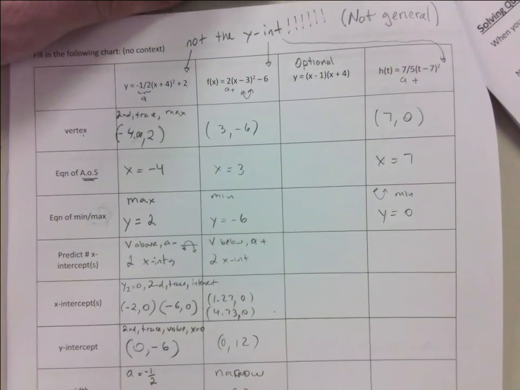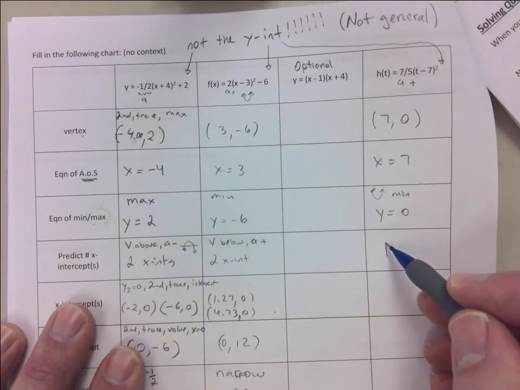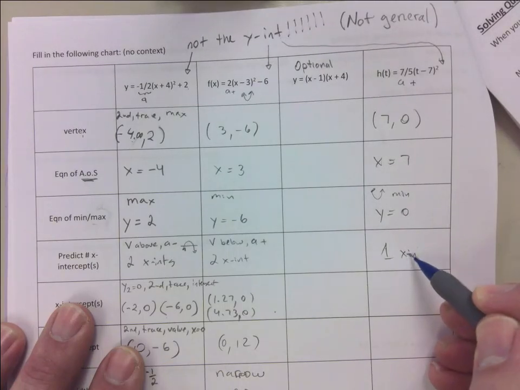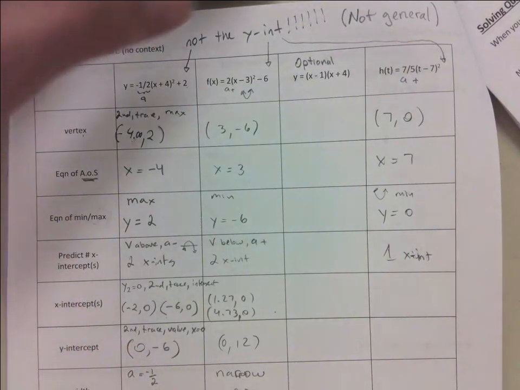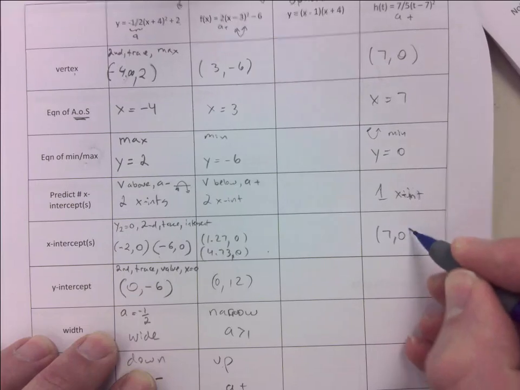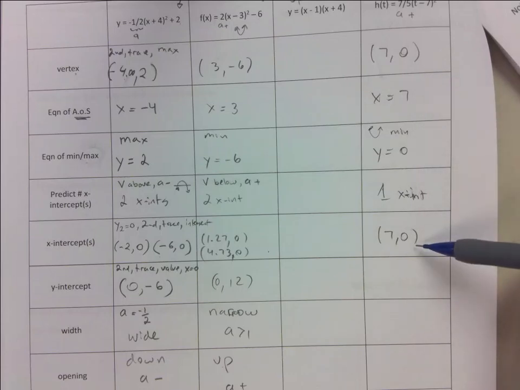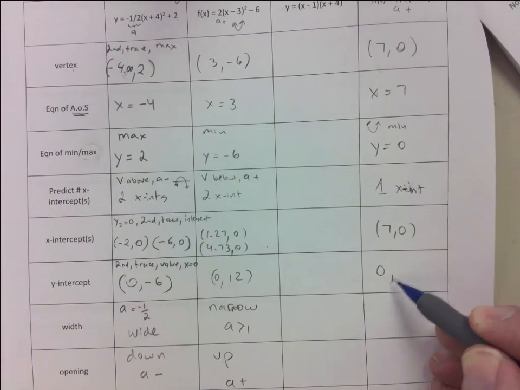Predict the number of x-intercepts. This one has only one x-intercept, actually. And it's okay if you missed the prediction, that's fine. So the x-intercept is, lo and behold, 7, 0. I don't know if you remember, I talked about the 3 different scenarios. You have no intercepts. You have one intercept. That's when your x-intercept is also the vertex. That's the only point it touches on the x-axis. Or you have 2 x-intercepts. The y-intercept is 0 as